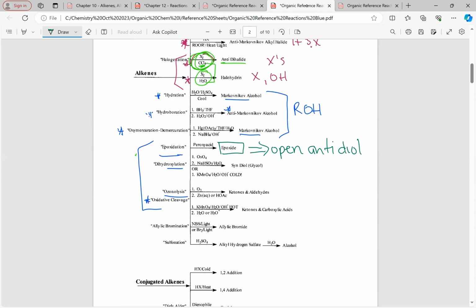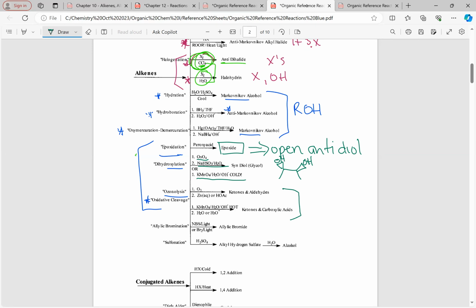All right, the next one is I wanted to make a syn-diol. Remember, that means same side. A syn-diol, I gave you two different ways. So you can use potassium permanganate under basic conditions, but you have to control it with that cold. Or you could use the osmium tetroxide, and then it takes the second step to break it, and that will make your syn-diol. Okay, so there are three ways to make diols, one way to make anti, two ways to make syn. And then if you want to cleave through the ring,